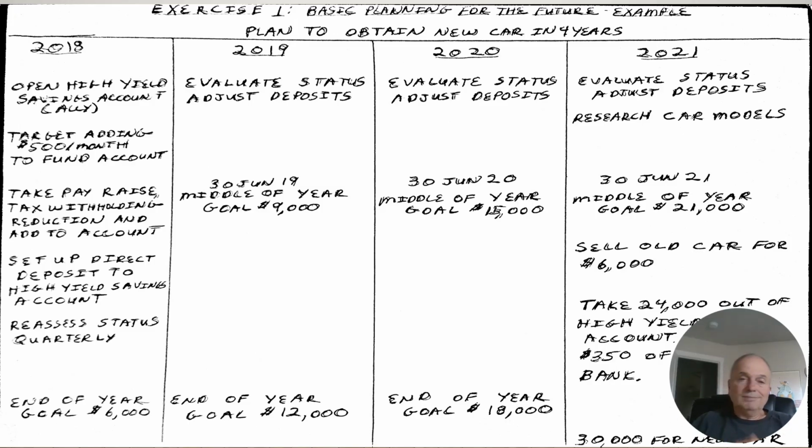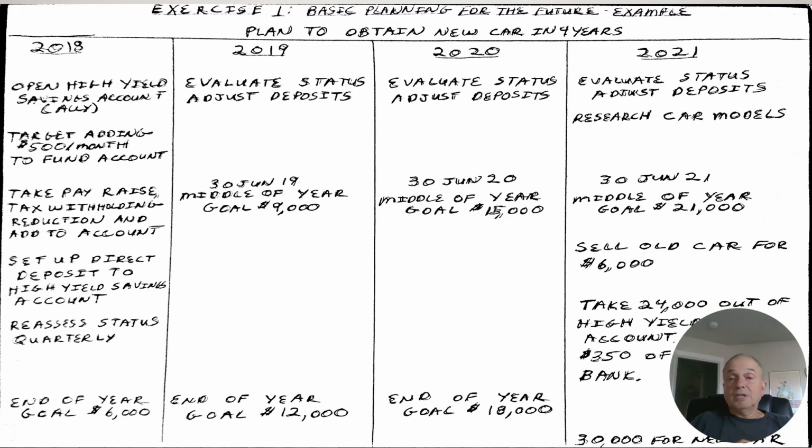Why am I going to a high yield account? Well, in 2026 right now, I can get 3.5%. So that's going to help make up that gap between the money I'm putting away and the money I need at the end. Going into the second year, and by the way, every year I'm going to readjust this, adjust deposits, and move things around. I'm keeping this very simple.